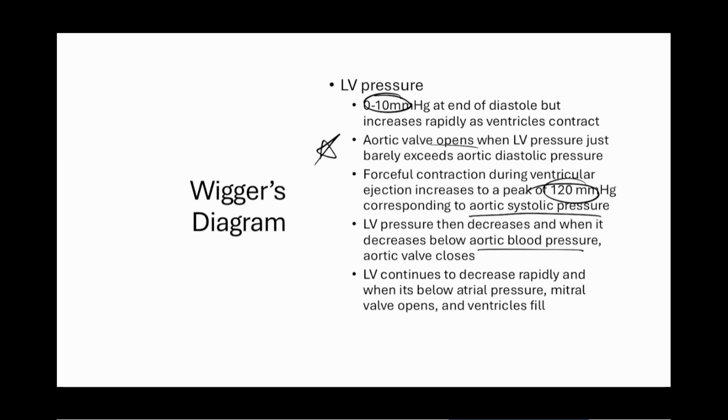It's very, very low to allow the atria to fill the ventricles. Then the doors close. We generate pressure, isovolumic contraction, to overcome the aortic systolic pressure. Blood leaves the heart. As the blood leaves the heart, the pressure comes back down. Lower than the aortic pressure, the valve closes. Relax. Lower than the mitral, the valve opens, and the atria feed the ventricles. As more volume of blood goes into the ventricles, the pressure goes back up, and we keep cycling.